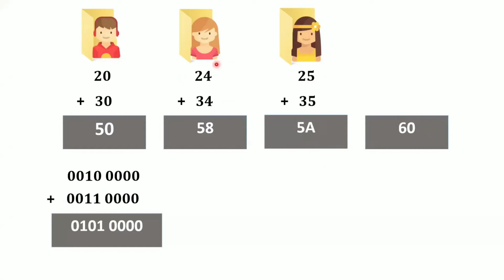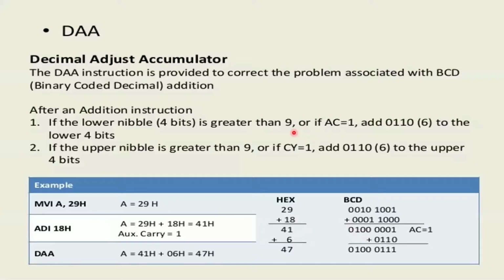So this girl immediately saw this problem, and she added this instruction. Now, please keep concentrating on this particular point. Whenever you are performing addition on two numbers, immediately after the addition you need to write this instruction. Then only you will get the correct result, especially on decimal numbers. Now you see what this instruction will do.